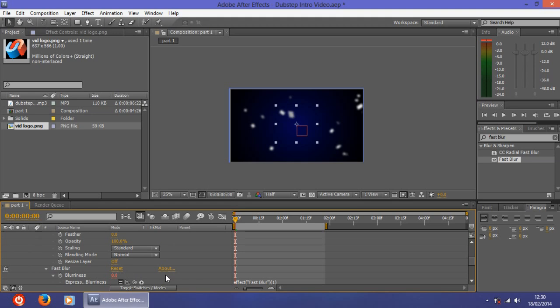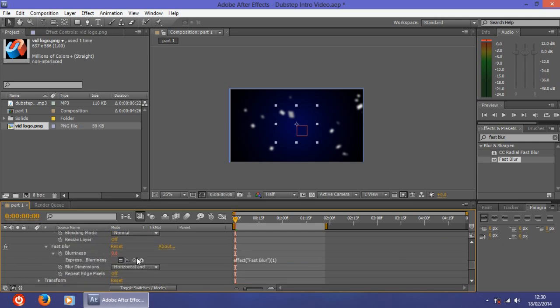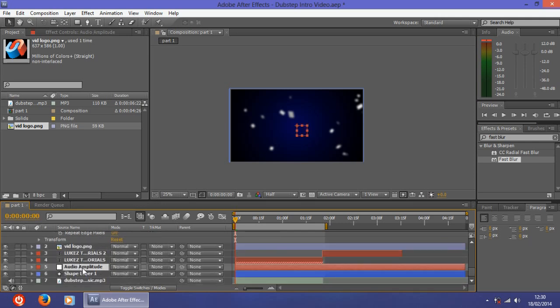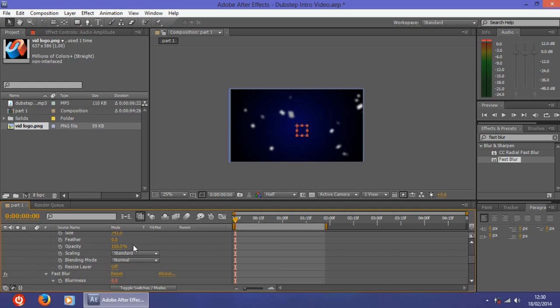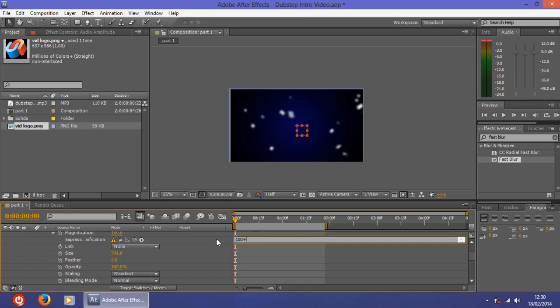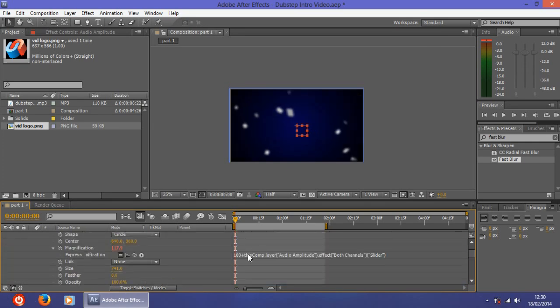Sorry for not telling you. Before you press that little swirl, just go to the audio amplitude and press U, and you will have this slider because it is very important. Just press that swirl right there by obviously selecting the expression, and drag it onto the slider, and you will have this expression almost complete, because now we have to add a small thing just after all the code. Just write times asterisk